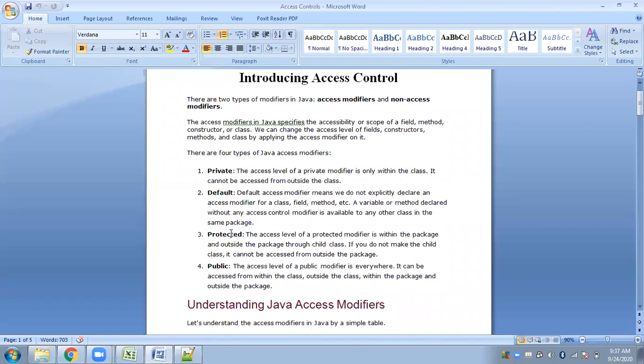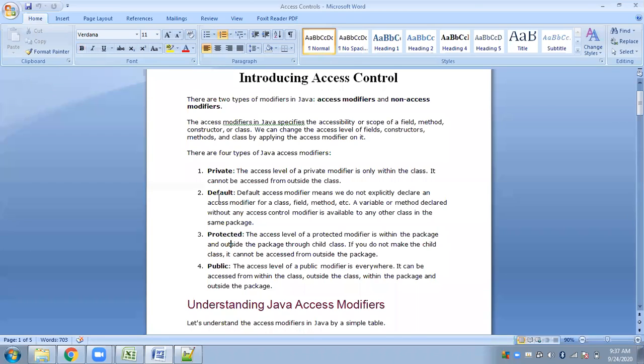So when any member of the parent class is declared as protected, that particular member is accessible outside that parent class, but only by the child class of that parent class. This we will understand when we go through inheritance. We will be discussing inheritance, so we will stop it here itself.